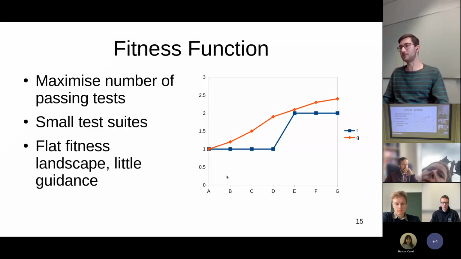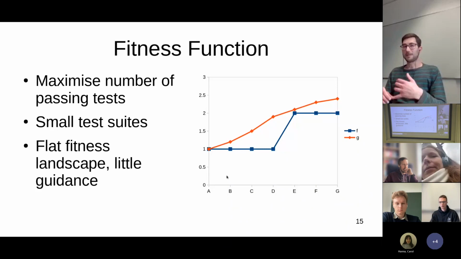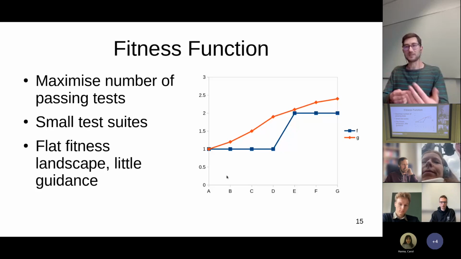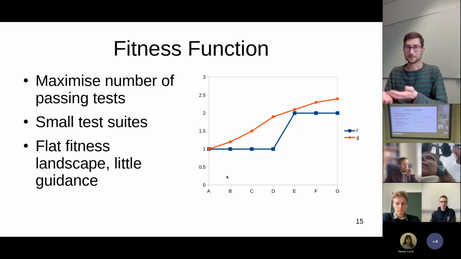Like for project variants A, B, C, and D, there's a plateau, and all of a sudden there's a big jump to fitness of 2 for project E. So if we're somewhere around B or C and we modify the project, we arrive at A or D, but it still has the same fitness, so we don't really know if this change was good or bad. So there's very little guidance for the search, and no way to judge if we actually came closer to our goal of